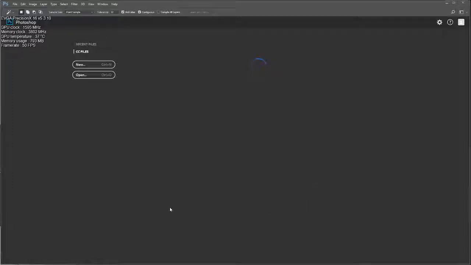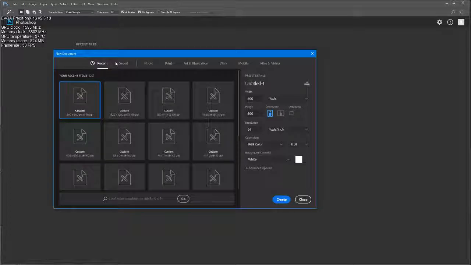Alright, so how to make a low poly image. So first we're going to create a new document. I'm using Photoshop CC 2017, the most updated version out there right now, 8.2.17. So create a new document here, and I'm going to create it for 11 by 11. Resolution probably 150,